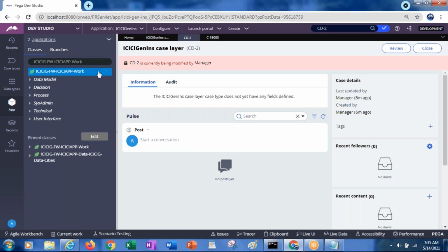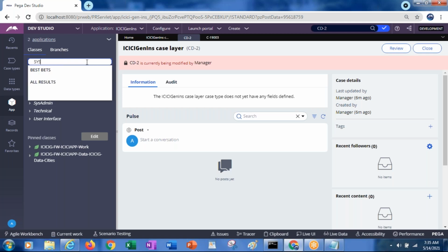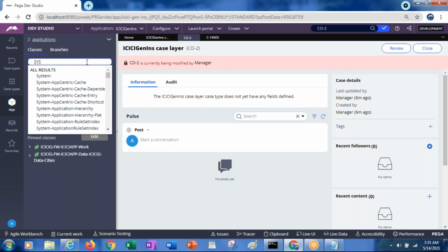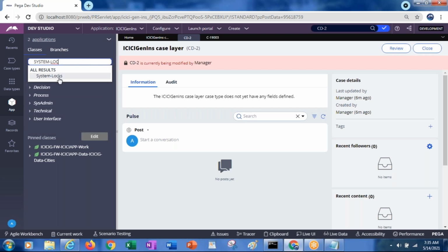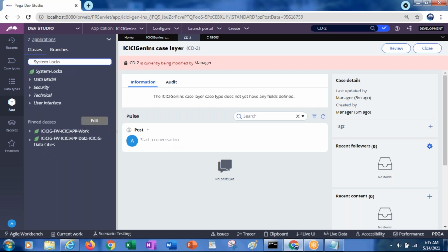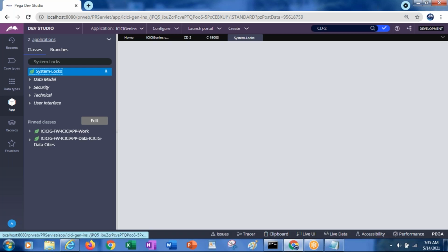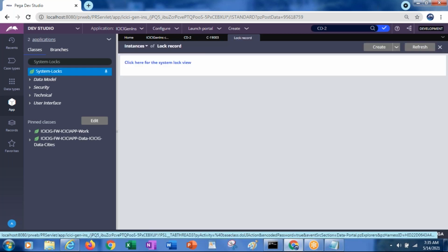And here we have something called system-locks. There is one PRPC predefined class which is system-locks.